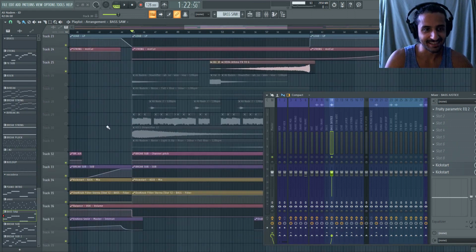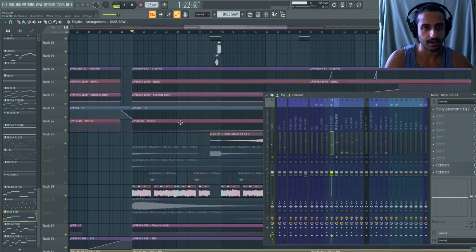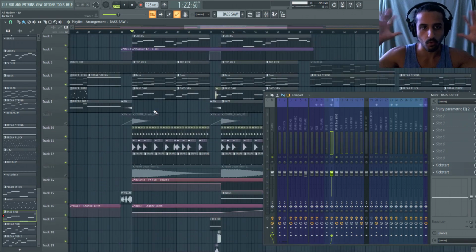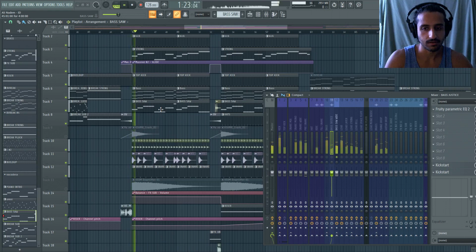It's this Justice type of sound. So same thing, and then I have this kind of bass saw that's playing a more wide element, and that's right here, bass saw. And then when you combine those three,